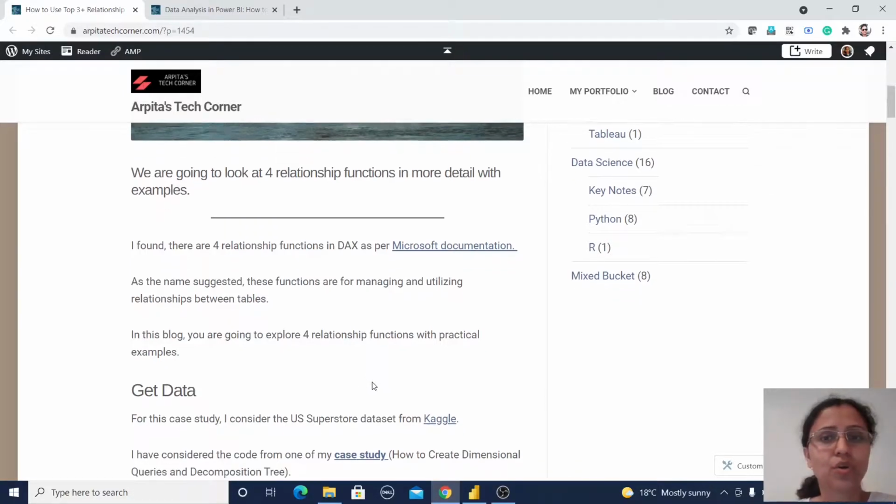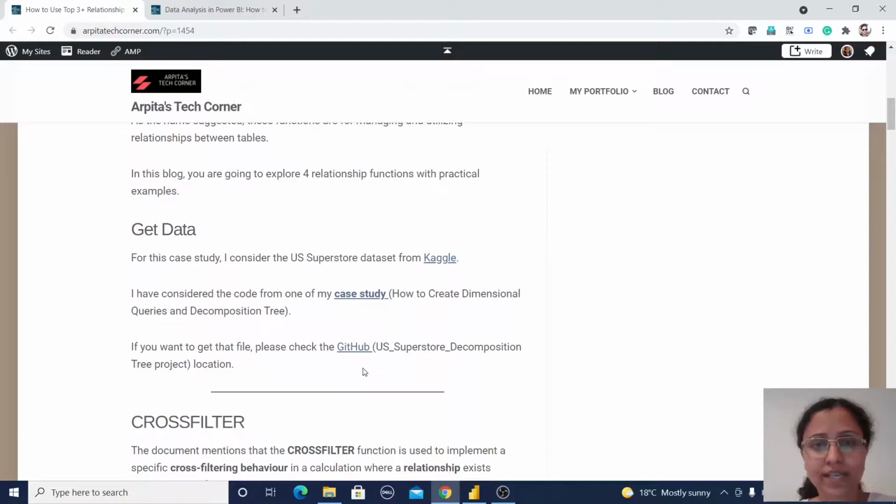For this case study, I am going to consider one working file which I have prepared during one of my case studies. This is a simple Superstore data file. In that case study, I used dimensional query features in our Power Query Editor, and based on that I created a proper dimensional data model.